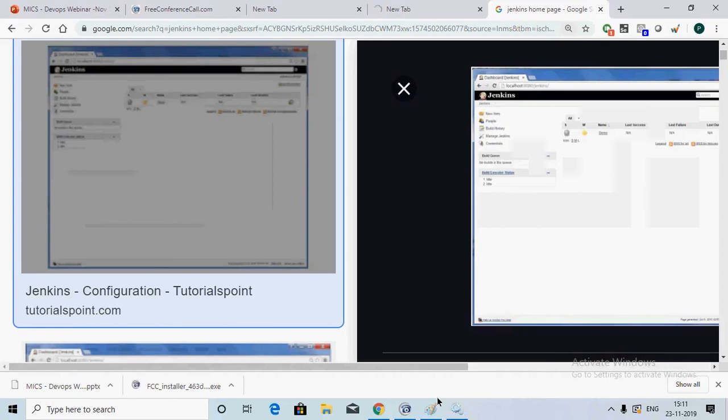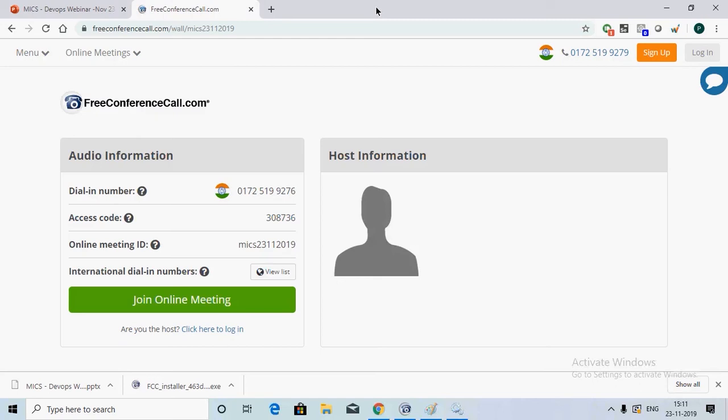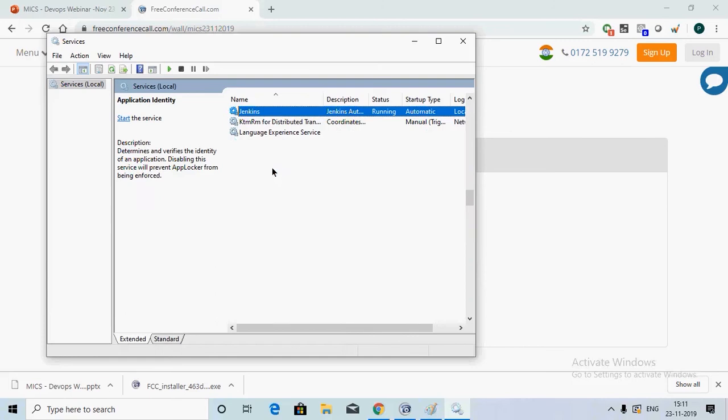Whatever you see here, this is your Jenkins homepage. It's like a homepage where you can see the list of projects which are taking the build right now. This is a collaborator page where you can see how the projects are building. That is nothing but your Jenkins.